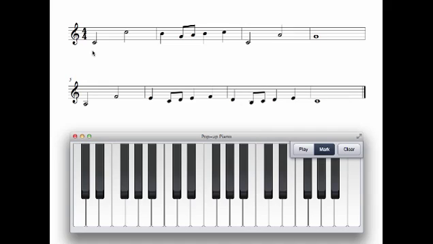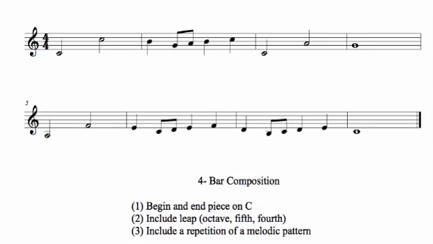Now beyond that, you have a chance now to see if we can collect our information and maybe use it to construct our own melody. Okay, so in writing your 4-bar composition, consider the things we have learned about intervals, and in particular what we've learned about the song Somewhere Over the Rainbow. I'd like to encourage you to consider beginning and ending the piece on the note C, including